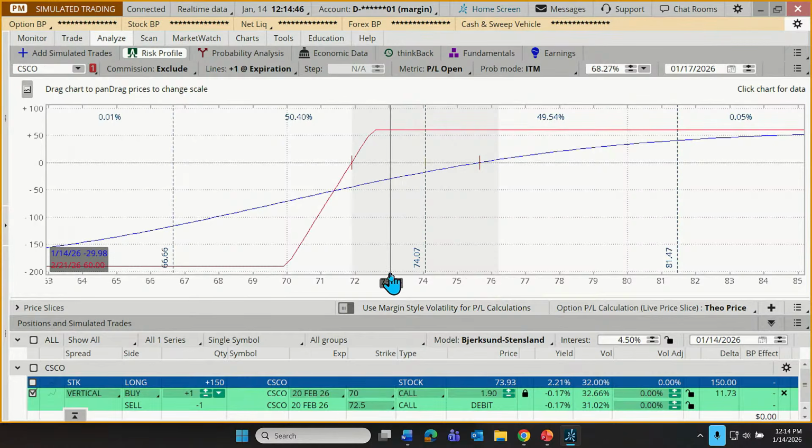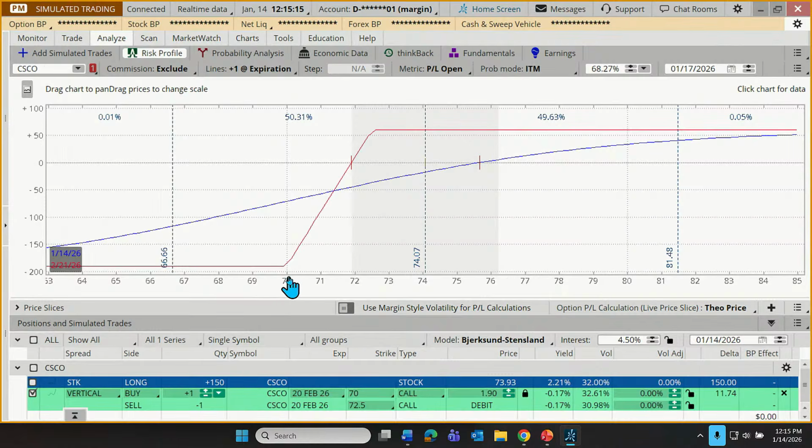If we fall short of our vertical spread, though, let's say the stock starts to fall from 74 to 73 to 72. This is kind of, oh, and a user says, can this risk profile be used for stocks as well? Yes, it can. Yep, it can. As a matter of fact, let me show you something at the end that might appeal to those who have maybe broader portfolios than just one individual option trade, okay?